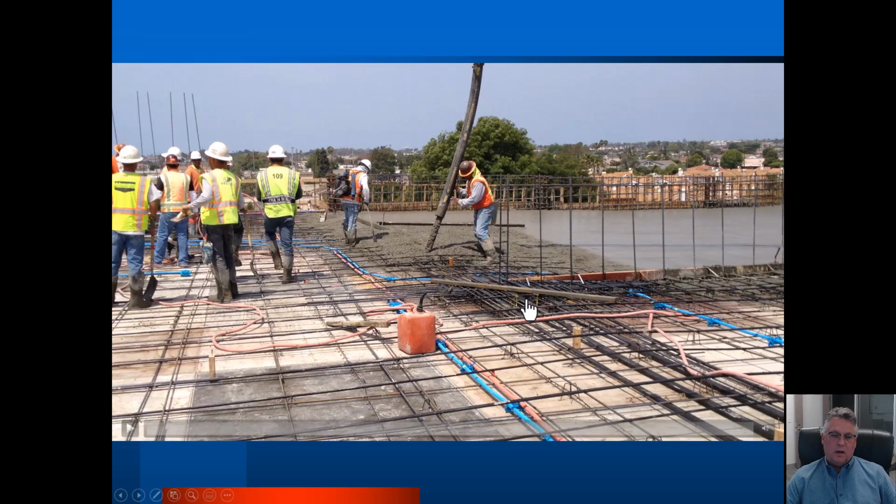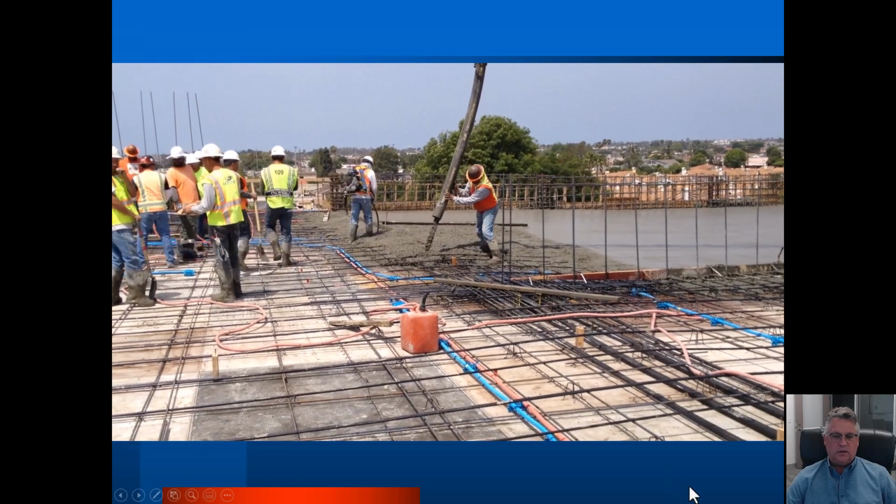So, there's a little bit of a story to this. We do structural observations all the time on every one of our projects. Typically, I'm supposed to be out here the day before the pour, but there was a mix-up. It wasn't my fault. And the day that they told me to show up actually turned out to be the pour day. But I got to get good videos of this happening, so I use this to my benefit.